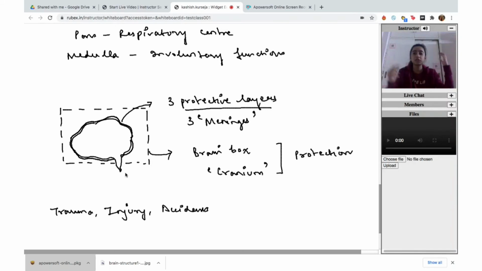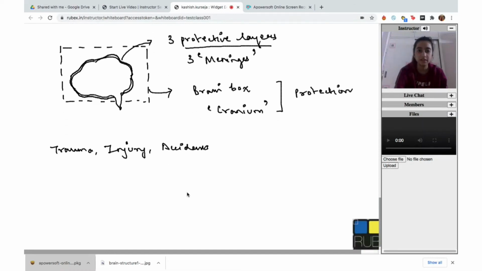So what is this? This whole skull, it's so hard that it's actually very difficult to damage it. Even when they are conducting post-mortems on bodies, they actually have to use kind of like a saw for hitting onto your brain and for breaking it open to study if there was any damage originally to the brain. Okay, so this is what the protection is in the case of the brain.